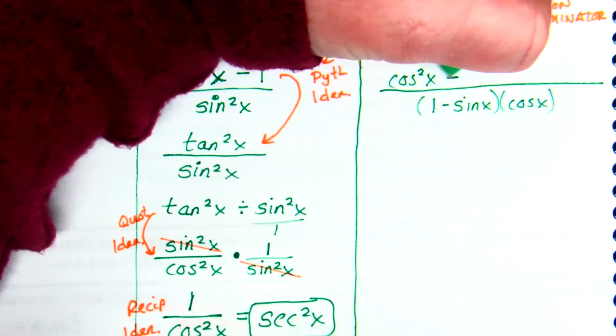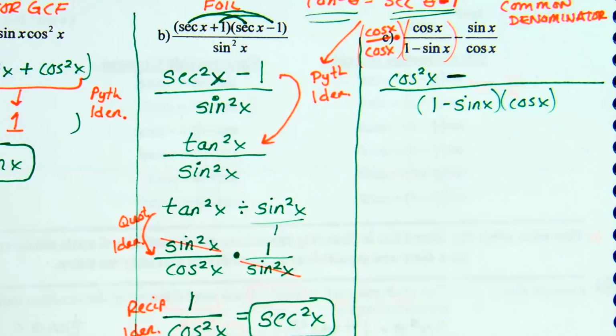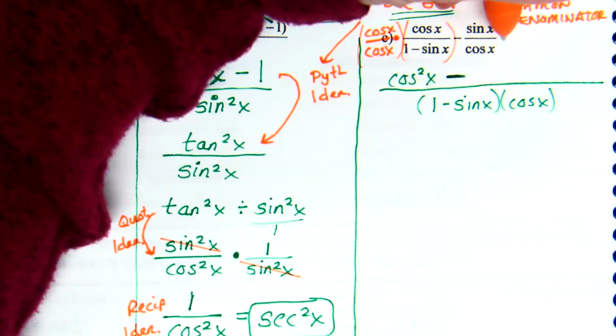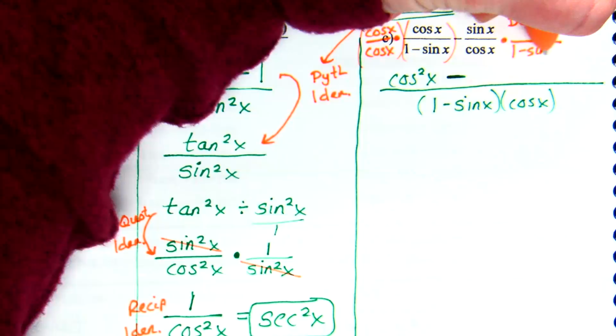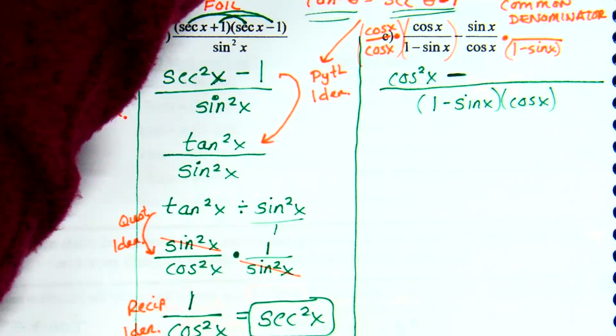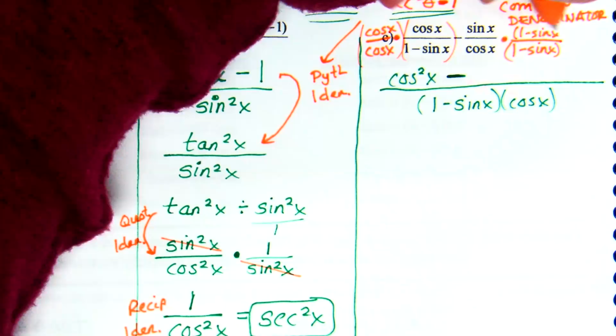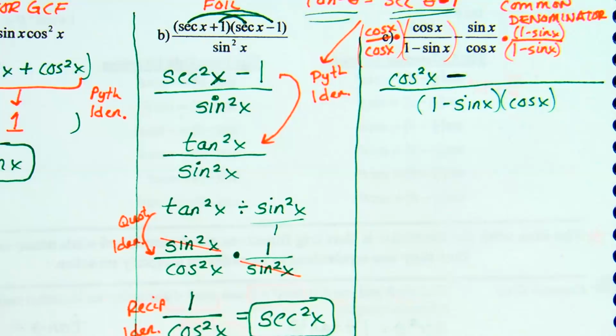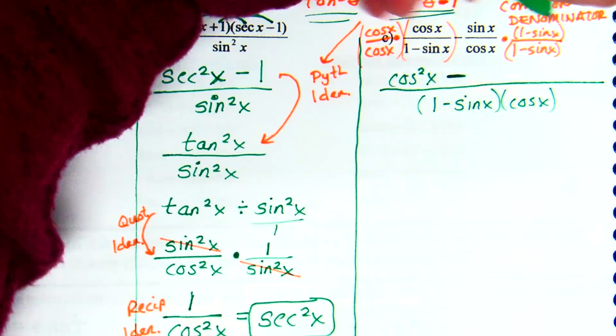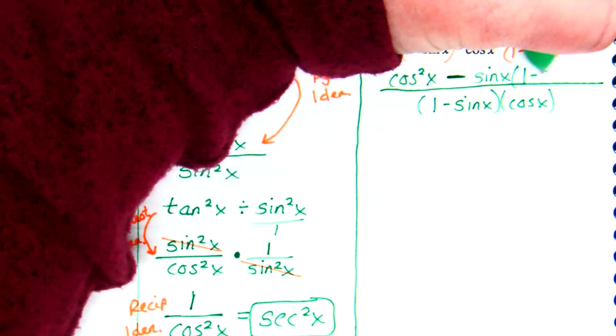Okay, then the second fraction. Here's my minus sign because I'm subtracting the two pieces, yes? My second fraction currently has a denominator of cosine x. What is it missing from the common denominator? It's missing 1 minus sine x. What I do to the denominator, you multiply the numerator by. Which means I'm going to be multiplying, I think we'll do this in the next step. What am I going to be multiplying? Sine x times